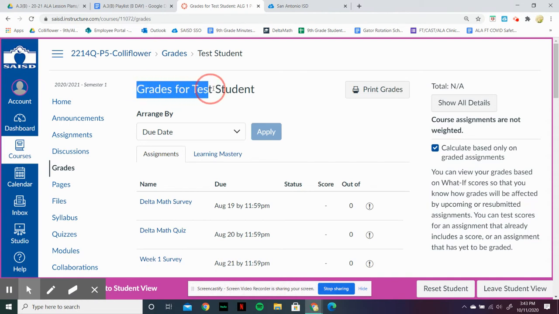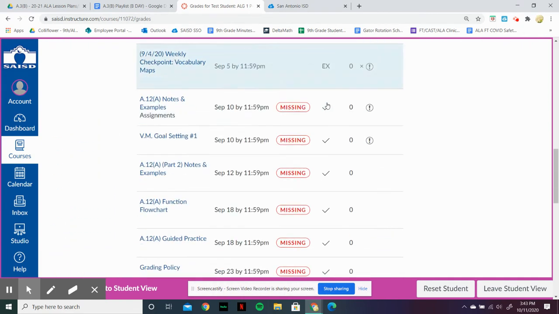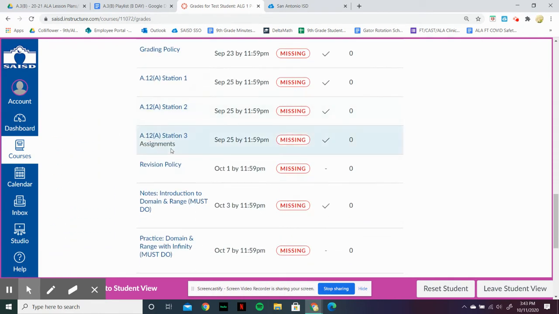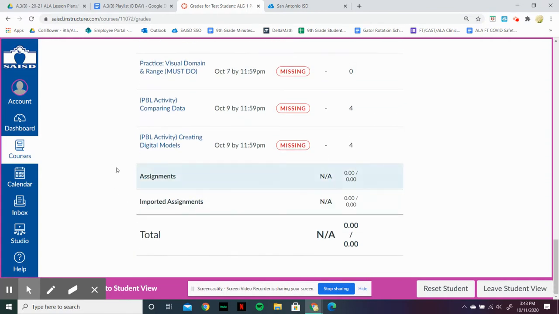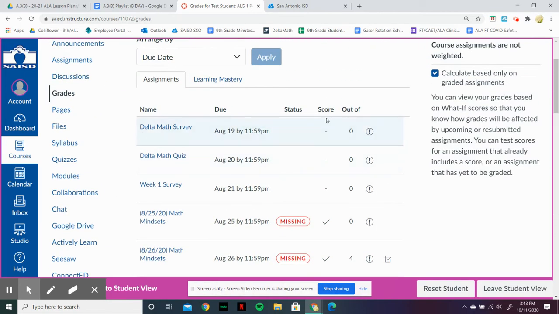Now, I don't actually have quizzes assigned to this test student, but what I would do is I would scroll down until I saw the mastery quizzes. So let's say I saw the mastery quizzes here and I would look at my score. So in this score column, you would see a 1, 2, or 3 out of 3. And if you had a quiz with a 1 or a 2, you would need to put the name of